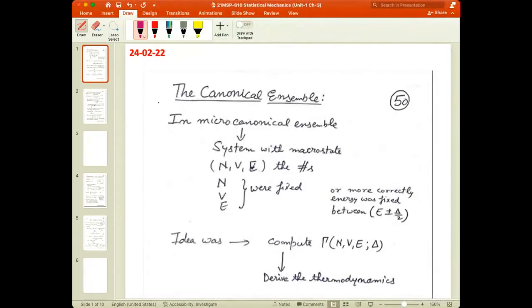Okay, so in the microcanonical ensemble, we saw that the macro state of my system is basically defined like this. This is how we define our macro state, right? N, V, E. So they were fixed. In fact, for a more realistic situation, my number of particles were fixed, the volume they occupy is also fixed, and energy is also fixed. Although, as I said, for a more realistic condition, the energy is basically fixed between this interval E plus minus